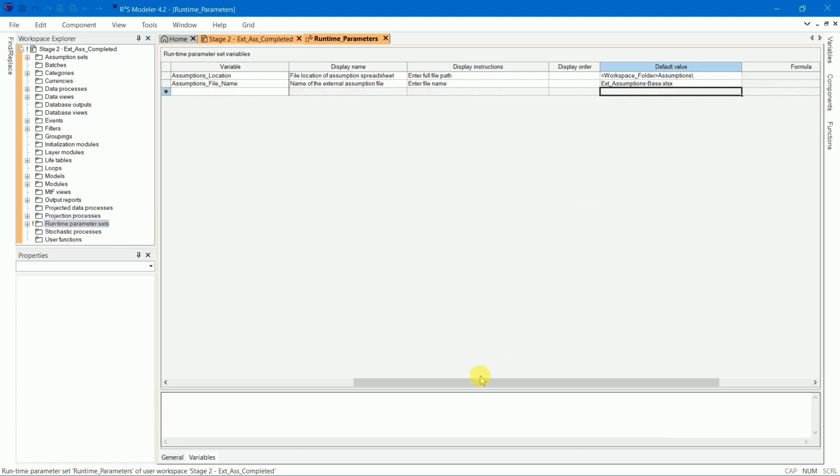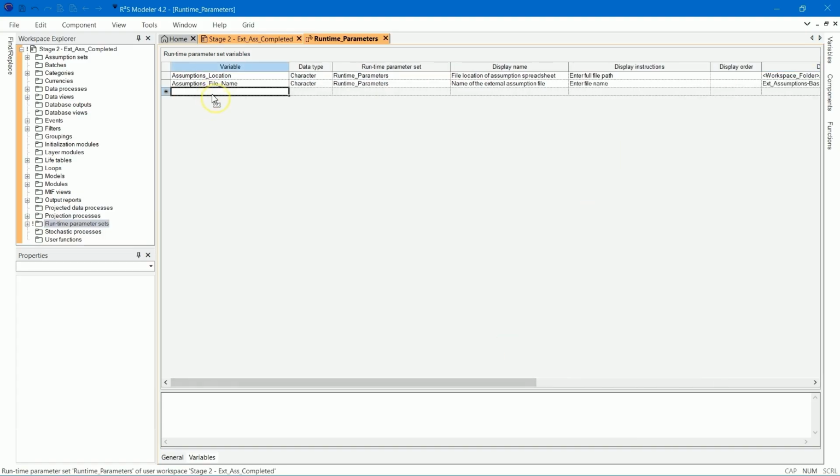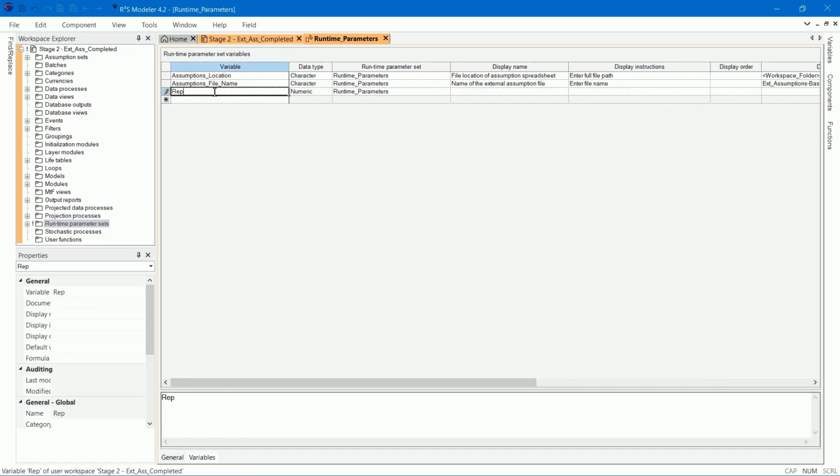The next variable is reporting_date. The data type is date. The display name is model portfolio date.